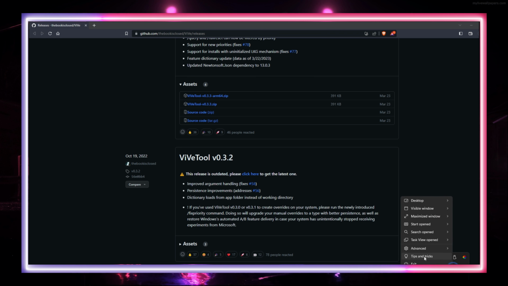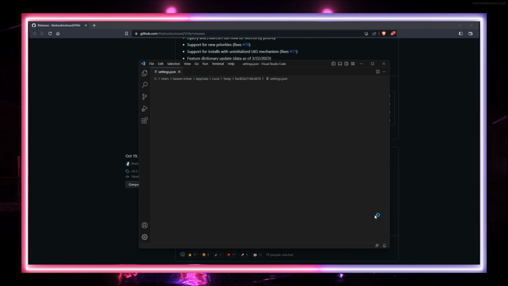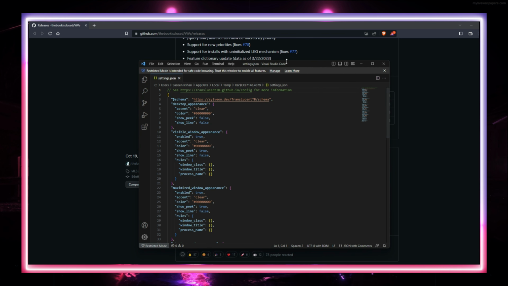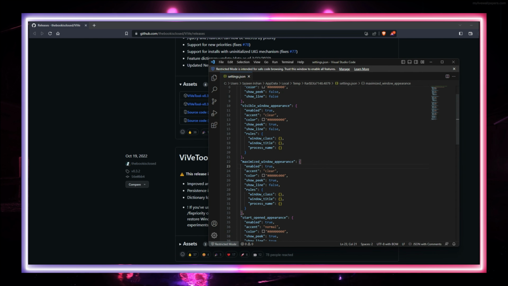After doing that, you can also modify the colors or any settings by clicking edit under the advanced sections, and that'll open an IDE or notepad. If you are a good programmer, this may be your preference. Now I would prefer a darker tint on the taskbar when windows are maximized. And I guess you can do that by changing the hex codes under the relevant section and saving the file once done.